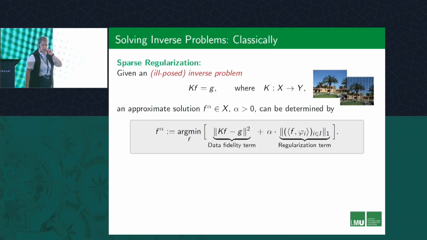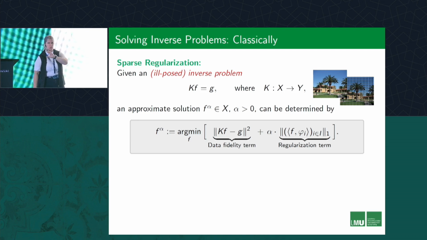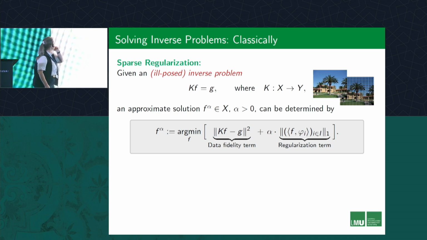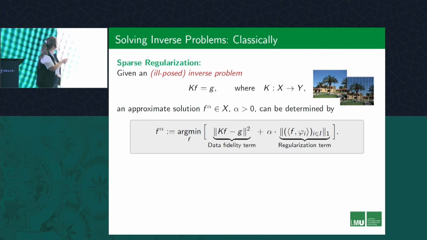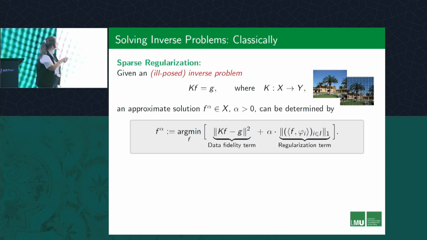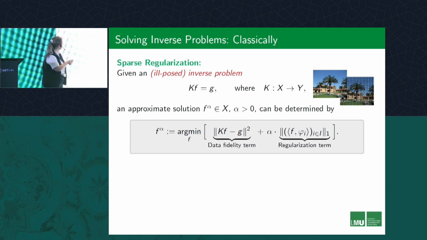So let's start with reviewing just very briefly, because there were already several talks about imaging sciences and inverse problems. Many problems in the area of imaging sciences are inverse problems. So you have an operator, you have your input data F, your image, for instance, the operator operates, you have the output G, which is maybe an image where certain parts are taken out, and then you want to invert the operator. So you want to go from this image back to this image,